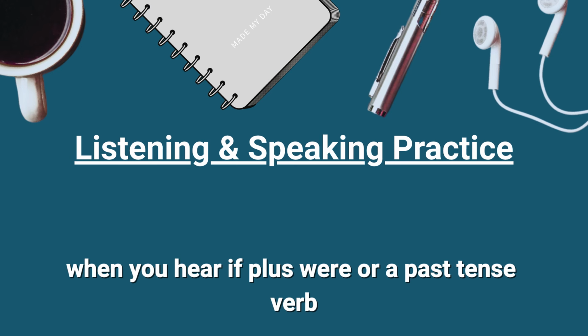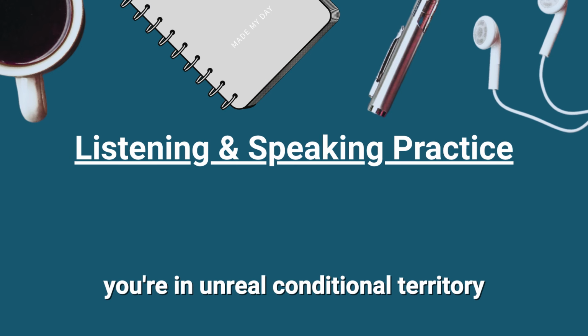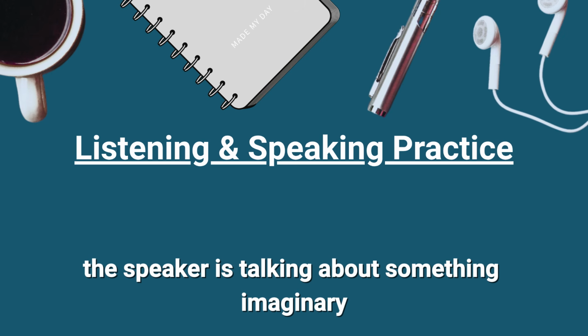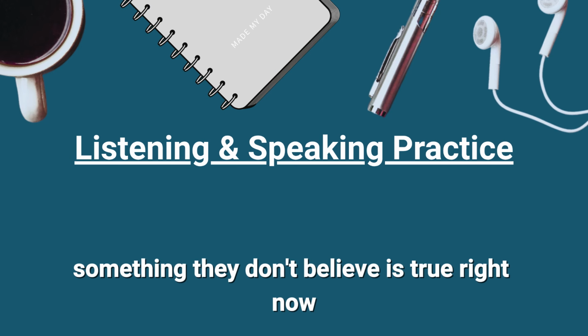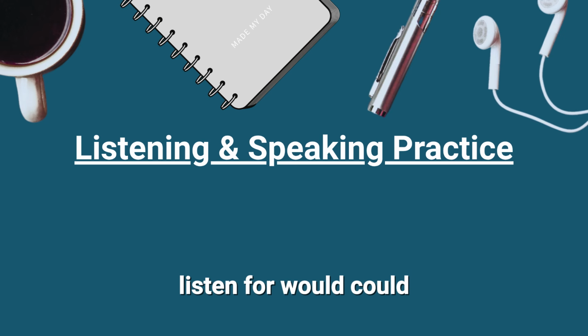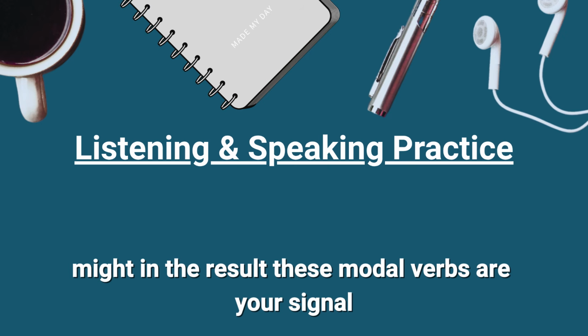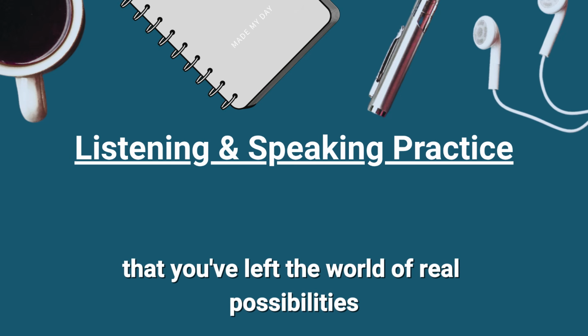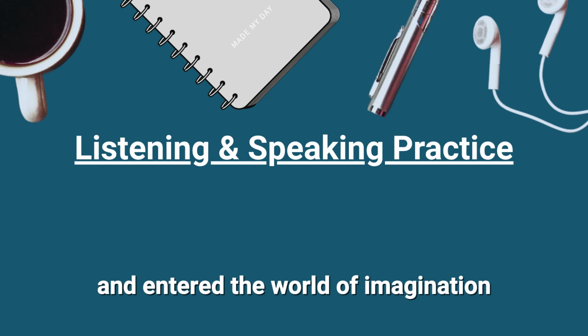When you hear if plus were or a past tense verb, you're in unreal conditional territory. The speaker is talking about something imaginary, something they don't believe is true right now. Listen for would, could, might in the result. These modal verbs are your signal that you've left the world of real possibilities and entered the world of imagination,